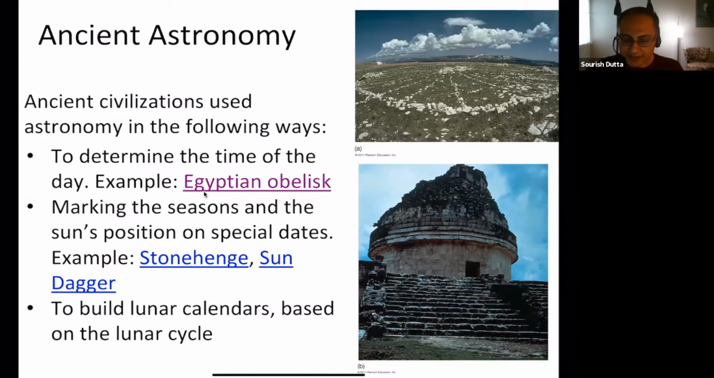Another example is the medicine wheel, I think, which was found in Wyoming, I believe. It's a collection of rocks which are arranged in a very particular way. And the way these rocks are arranged, it lines up with the positions of the sun and the moon on special dates. There is also the sun dagger,